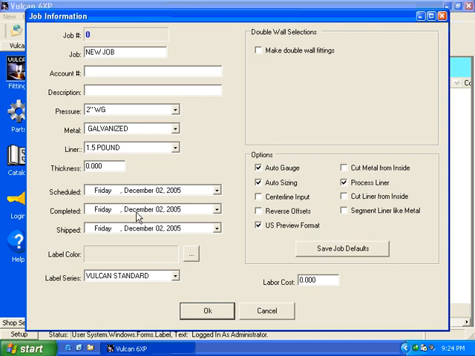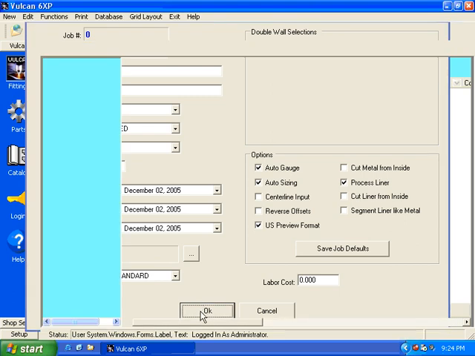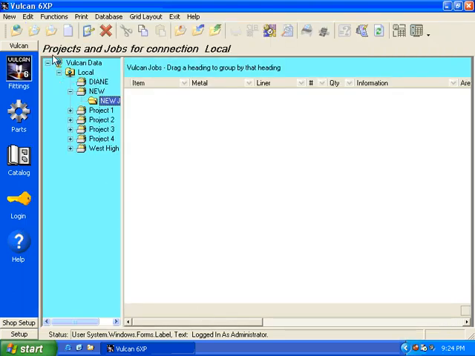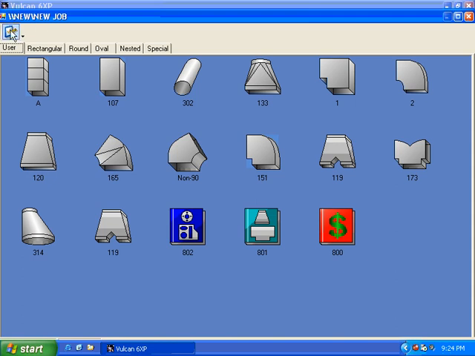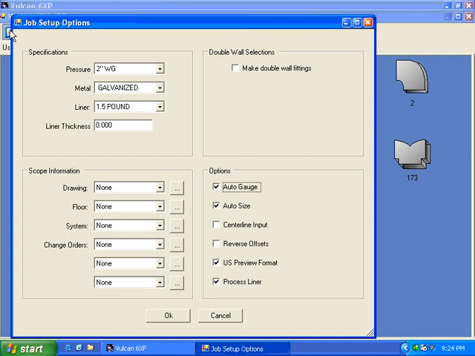At that point, I'll say OK. And when I want to add an item to that job, the very next place that I can set up the information about scopes is at the job setup specifications or job setup options. Here again is where I will select or add any scopes that I may be using for this particular set of items. So I'll just select whatever it is I need here,